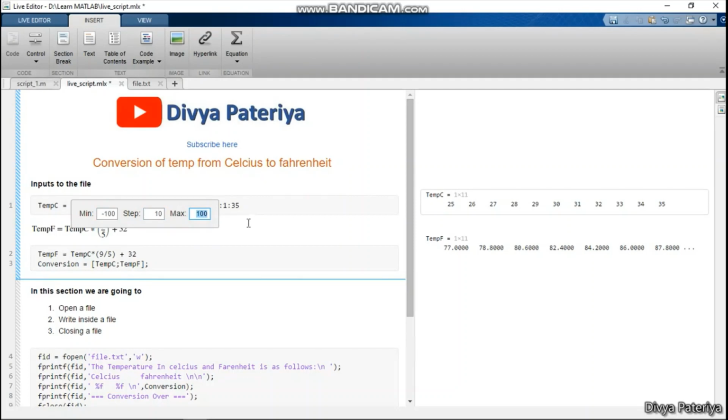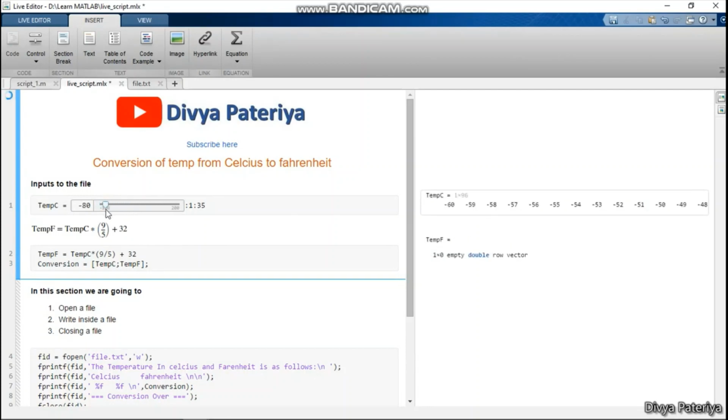Suppose I am keeping the values as they are. We can also make it 200, anything we can enter, and now I have done this. Now instead of writing 25, I have given a slider here. If I move the slider anywhere from here to here, as we can see, the value starts from -100 and goes till 200. Whatever we had written when we were adding the slider, it is also giving an increment of 10.